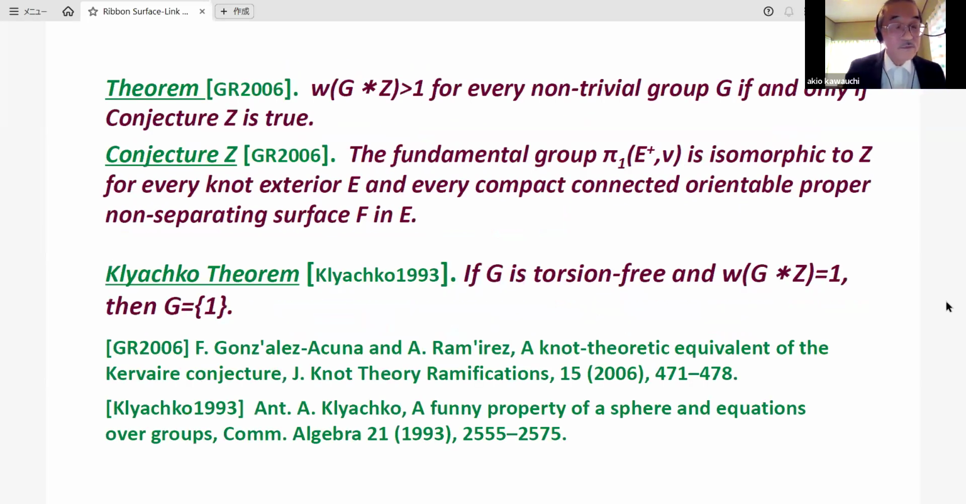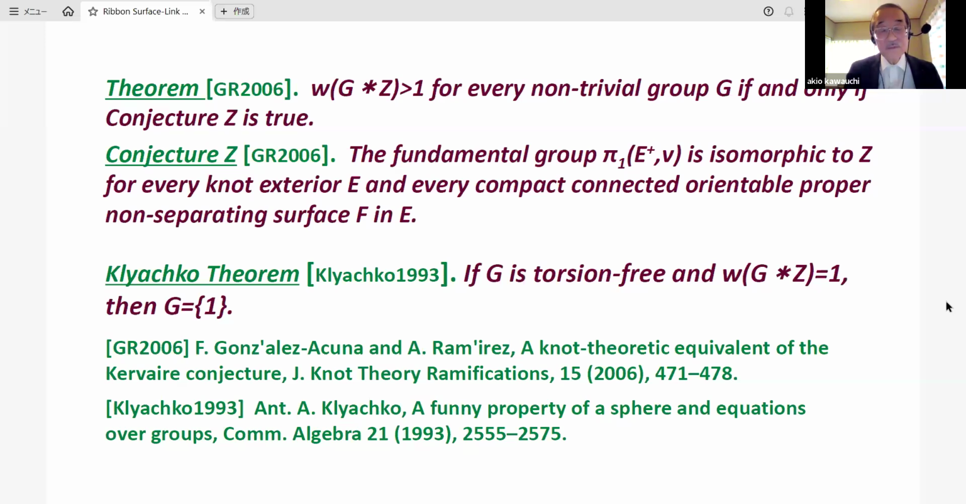The following two theorems are known. First one is Gonzalez-Acuña and Ramírez. The weight of G * Z is greater than 1 for every non-trivial group G if and only if Conjecture Z is true. Conjecture Z says the